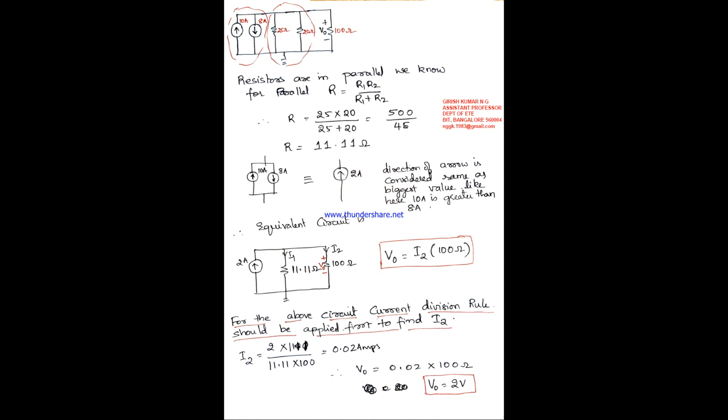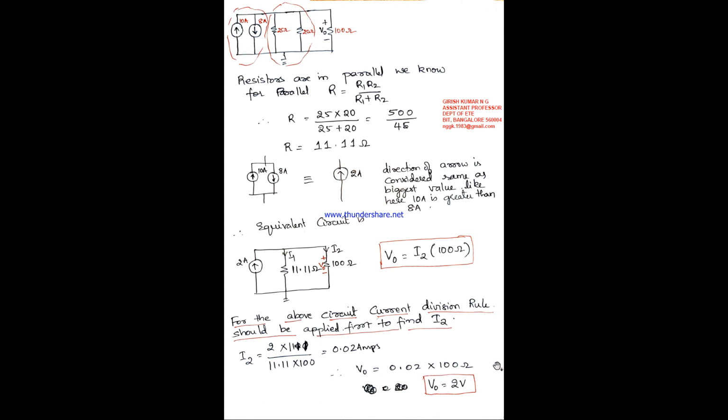So I hope the answer you get is somewhere around 0.199. So you can say it is 0.2 amps. It's not 0.02 amps, it is 0.2 amps. So 0.2 amps is the solution that you get. Those who are listening to this video, you can change this to 0.2 amps.